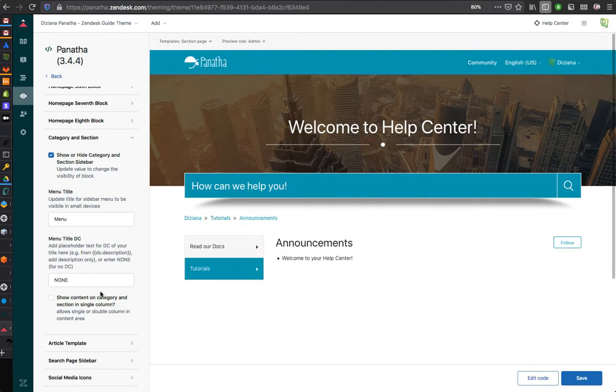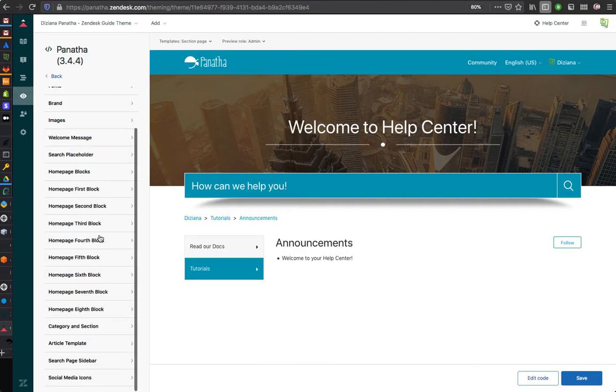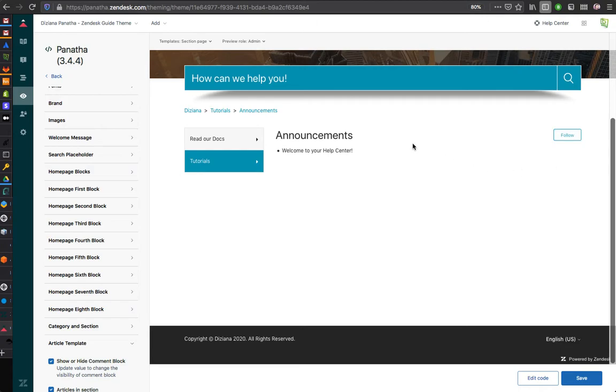And yeah, some people want to hide this follow button on the section page. I think to hide it you would have to edit the code. In a future version we'll expose the settings so that you can do it from settings, but right now you need to edit code, and that means developer edition, to hide this follow button on the section page.